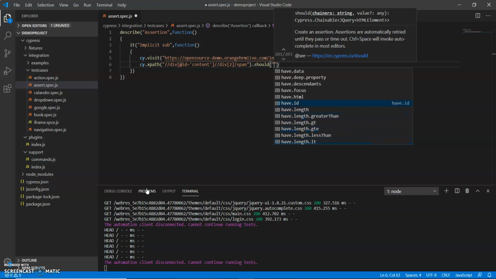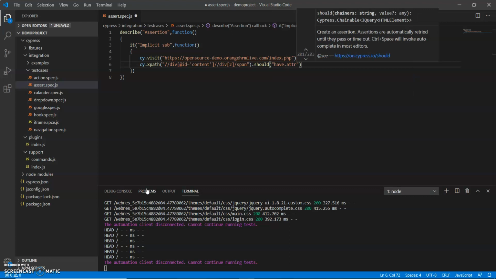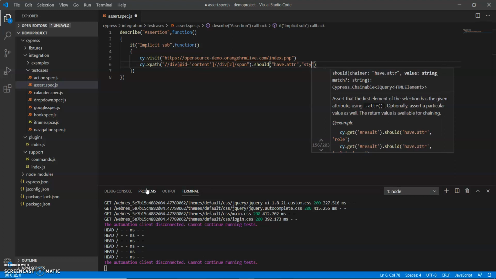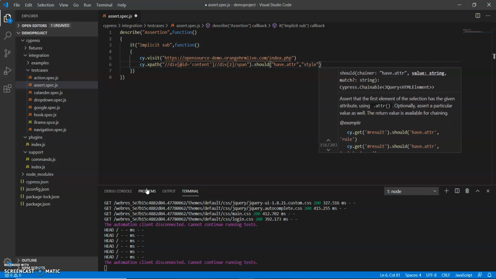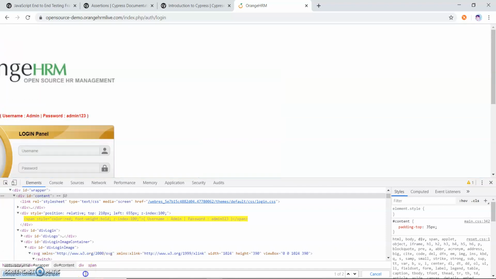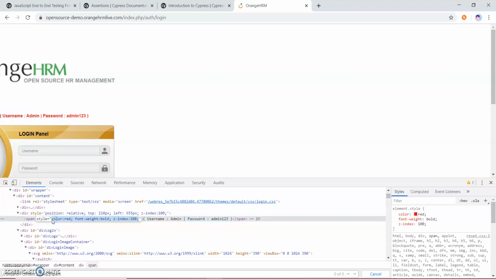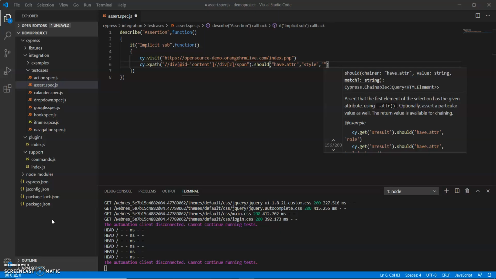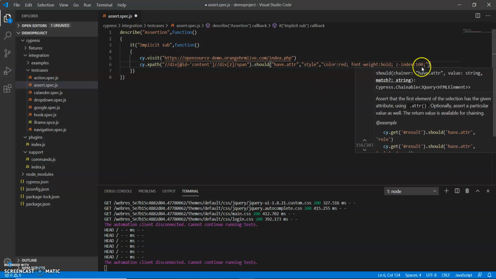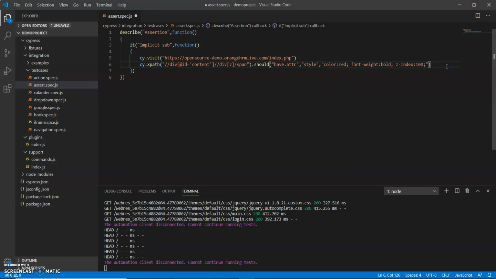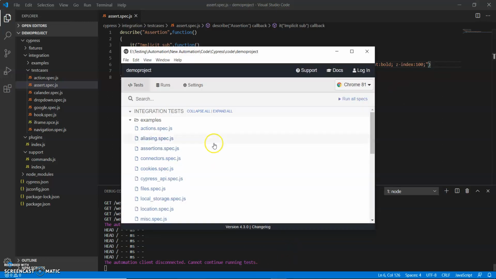I have to use have.attr, and now I have to enter what attribute I have to check. I have just copied all the attributes. Now I just save.